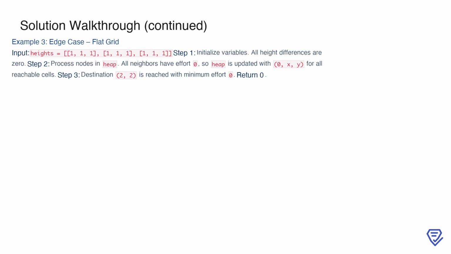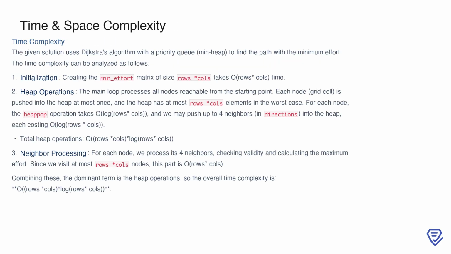Finally, the destination cell, (2, 2), is reached with a minimum effort of 0, which is returned as the result. This demonstrates that when there is no variation in heights, the minimum effort will always be 0. In this solution, we use Dijkstra's algorithm with a priority queue, or min-heap, to efficiently determine the path with the